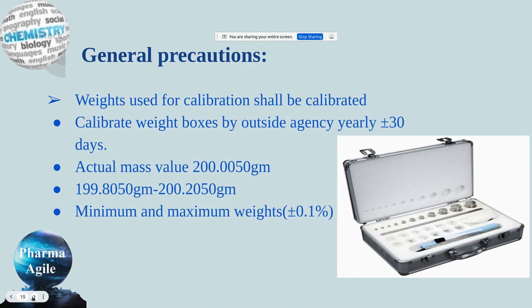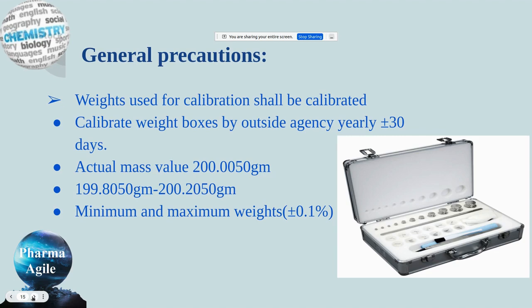After the receipt of the calibrated weight box along with the calibration certificate, the allowable tolerance limit should be calculated as minimum and maximum weight from the limit in terms of percent mentioned, for all the weights required for the calibration. I will explain it clearly. For example, the actual mass value found after calibration is 200.0050 gram. Then 199.8050 gram to 200.2050 gram is the minimum and maximum weight limit as per plus or minus 0.1% of the